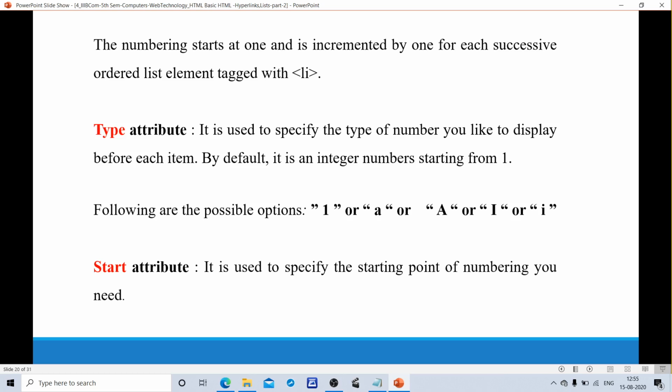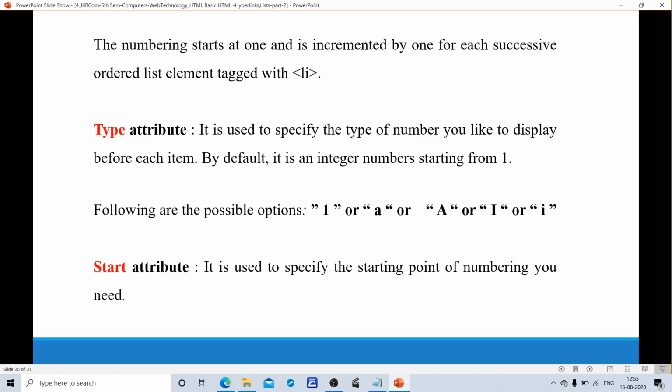Here we are using 2 types of attributes. One is the type attribute and the other one is the start attribute. In the previous case, the unordered list uses only type. Here we are using a start attribute also, to specify from where the numbering should begin. If I place the number 6, the type attribute specifies type equals 1, and the numbering starts from 6. For that we are using the type attribute and the start attribute.